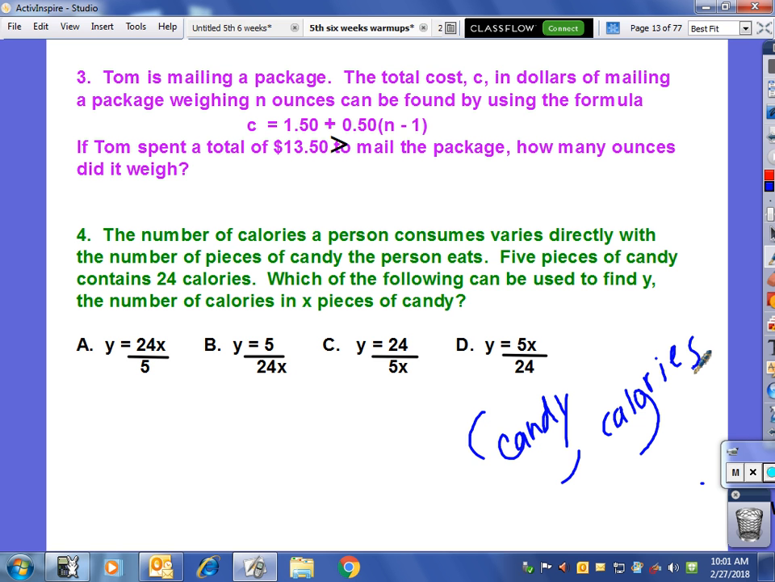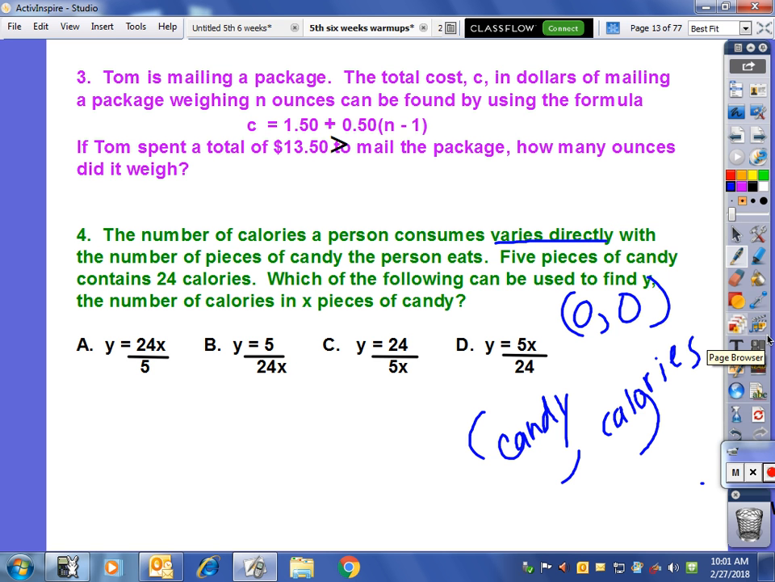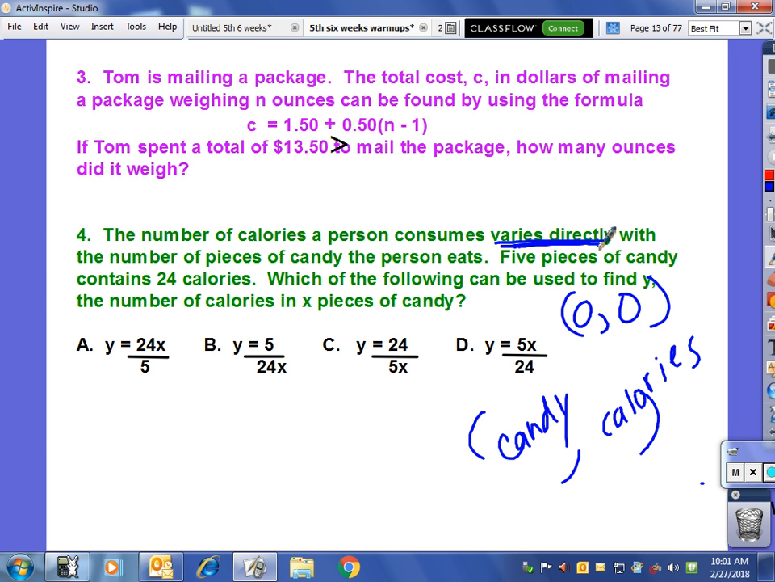So what's my X number? I only gave you 1 point. Why can I only give you 1 point? Because the other one's 0, 0. If you eat 0 pieces of candy, you have eaten 0 calories from that candy. And it also says varies directly. That's a special situation where you only need 1 point to find the whole equation. Now, the trick is, what is that 1 point? Is it 24.5 or 524? It's 524. Normally, you'd have to find slope. We already know the y-intercept. On a direct variation, what's y-intercept? 0. But we still need to find slope, and this is the one case where you just use 1 point,